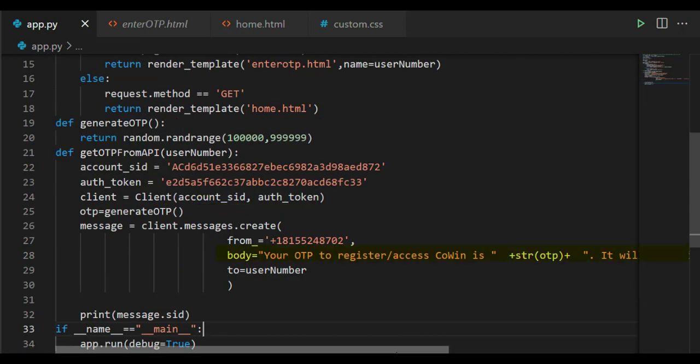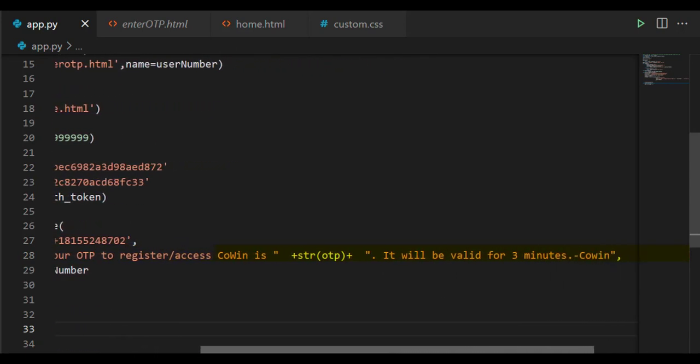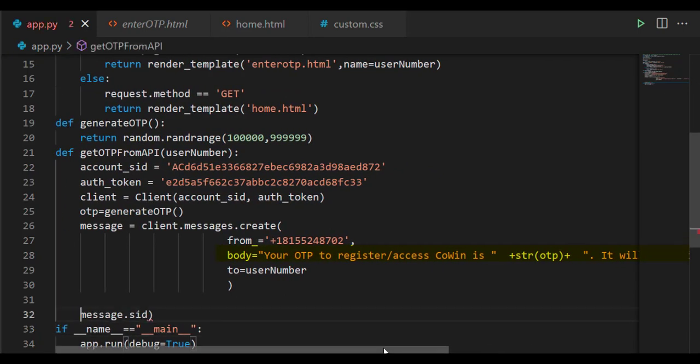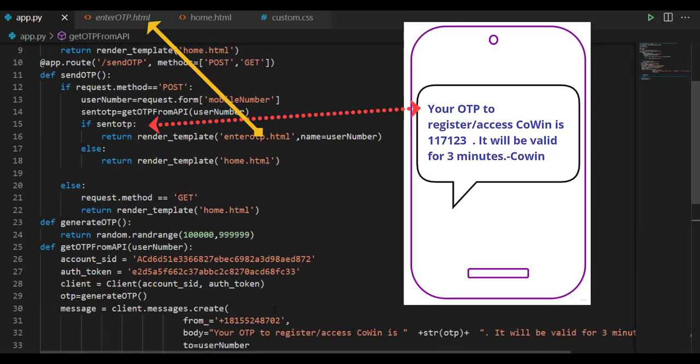And in body text write your OTP to register or access CoWIN is, and pass OTP in string format. It will be valid for 3 minutes - CoWIN. Instead of printing message.sid, here write if message.sid is true, that means if OTP is sent, then return render_template enter OTP.html page with user mobile number.